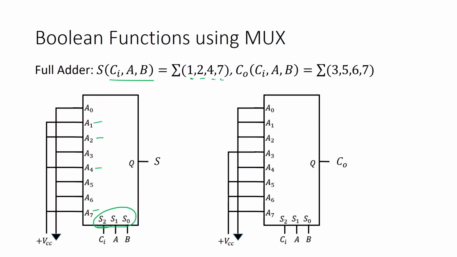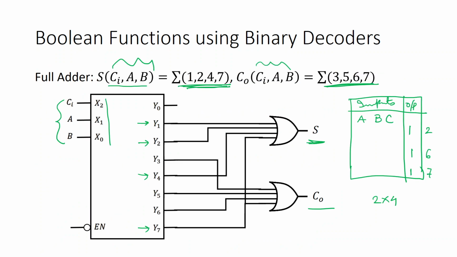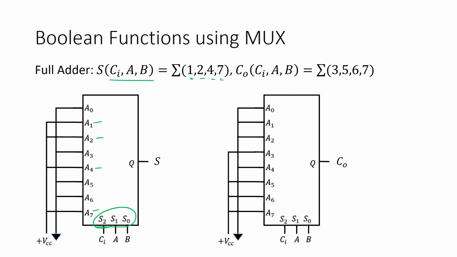For the decoder case this was not required, because those pins are not utilized and you can keep them not connected to anything, because the output is coming from these places, and this signal is not affecting the output anyway, so you can keep it floating, no problem. But in the mux, since these channels are contributing to the output, you have to definitely give some grounding or something here in order to fix them to low voltage.